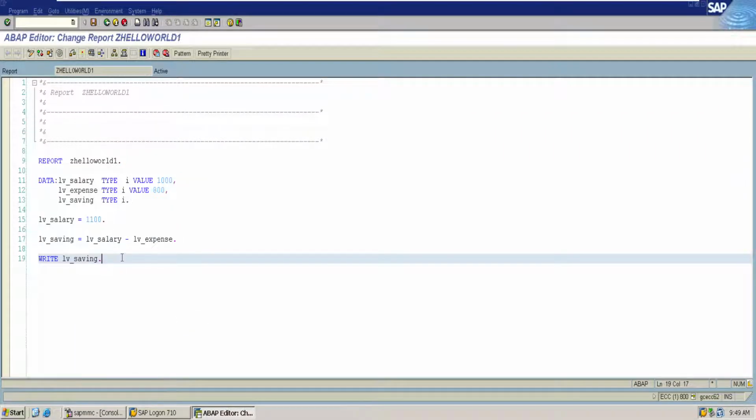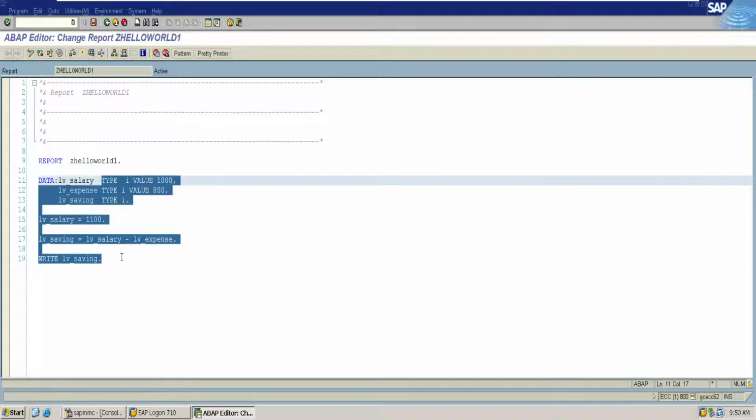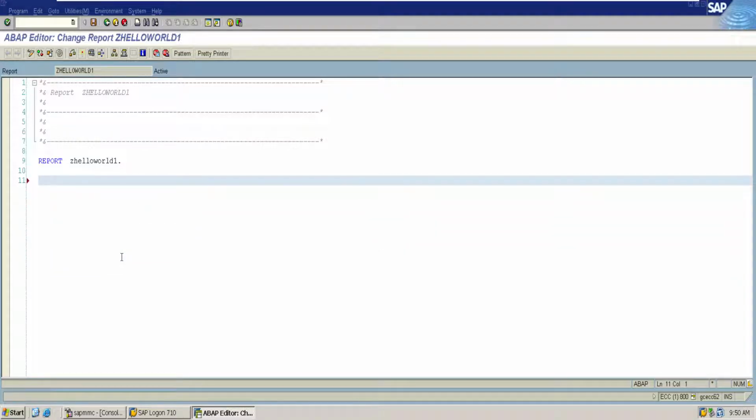We have taken a look at the creation of data variables by using the TYPES keyword. There is another way of declaring variables in SAP by using the LIKE keyword. To illustrate that, let us create an example of how we can do that. So, DATA: my intention is to store the details of a customer